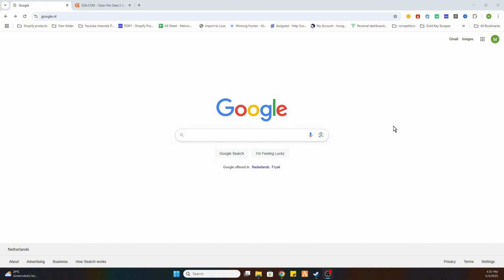PC safe. So the first step is to open your Google browser, and once you have done that,